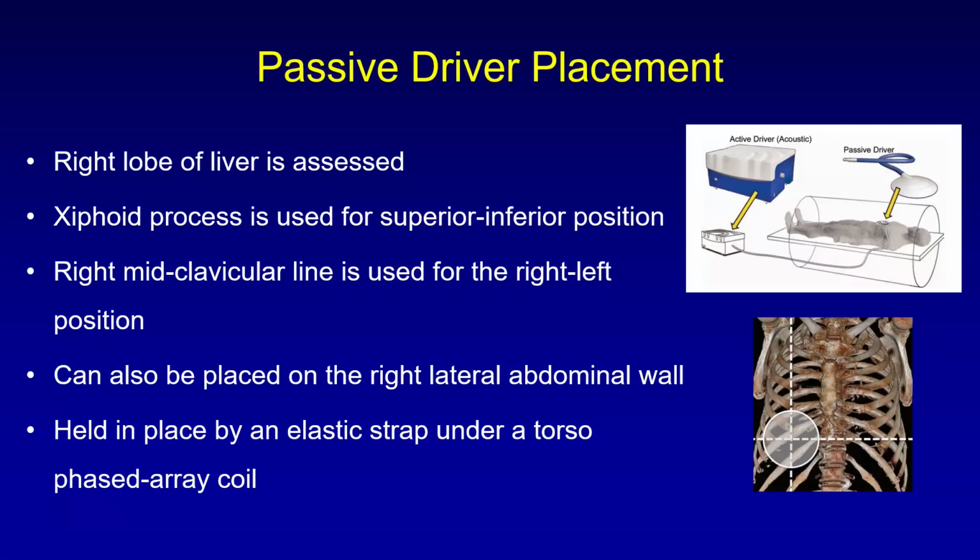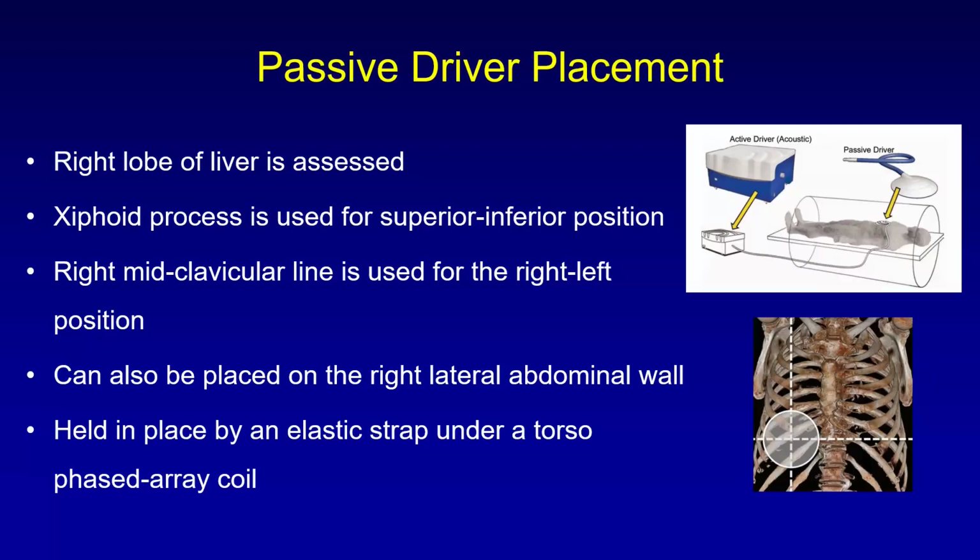So where do we place the passive driver? We place it on the right lobe of the liver. And to ensure that we are doing it rightly, we use some anatomical landmarks, and that's the xiphoid process. So it is used for the superior inferior positioning. And the other coordinate is by the mid-clavicular line, and that is used for the right-left positioning of the passive